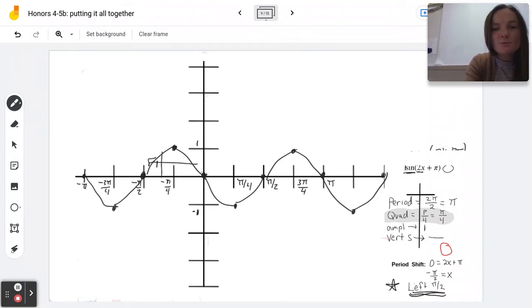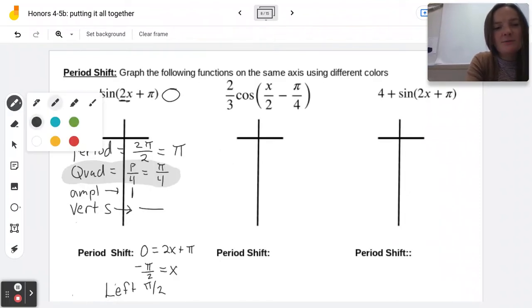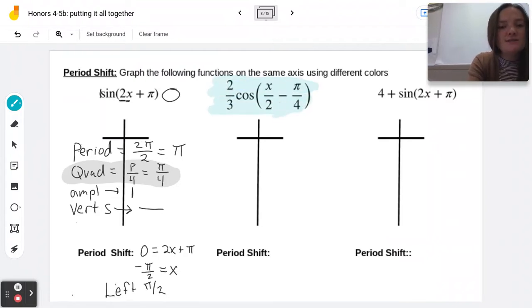All right, so let's move on to something a little bit more challenging. The next graph that we have here, I'm going to establish it as being blue so we can distinguish it. We're going to answer the key questions again. So the first key question I want to figure out is the period. To figure out the period, we always know it's 2 pi over b, but b is a little bit harder